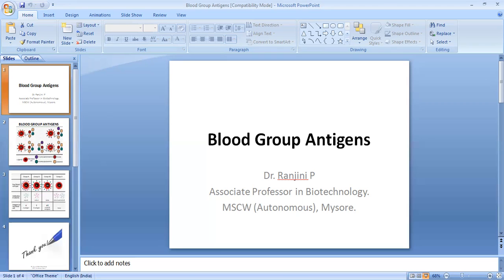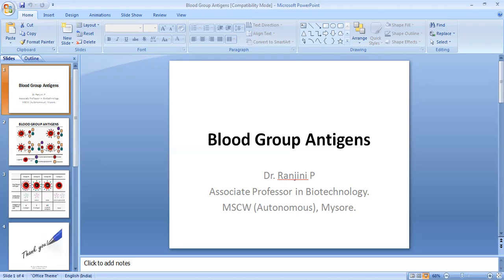These blood group antigens involve two important antigens in ABO type of blood typing, A antigen and B antigen. The blood types are inherited and represent the contributions from both the parents.